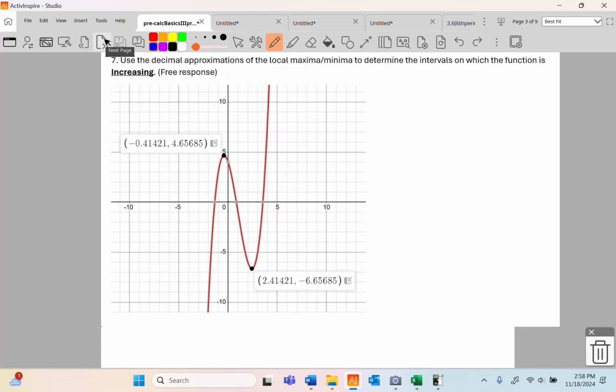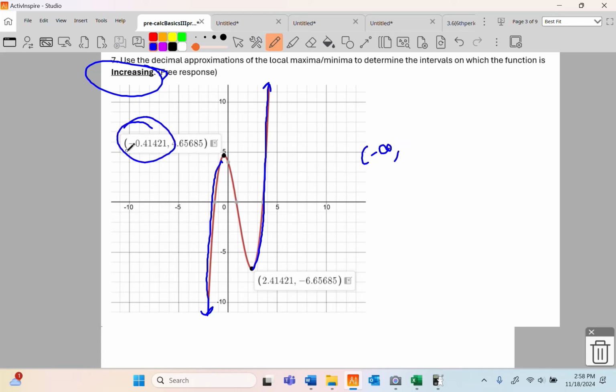All right, moving on. Use the decimal approximations of the local maxima and minima to determine the intervals on which the function is increasing. It's going to be this path and this path. So I am increasing from where x is negative infinity all the way up to that funky looking decimal. Like this one,